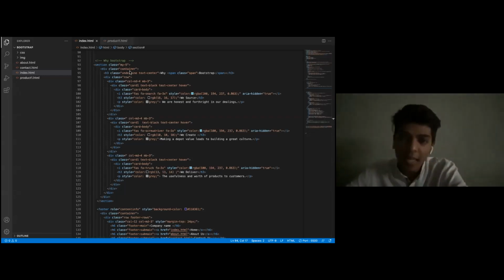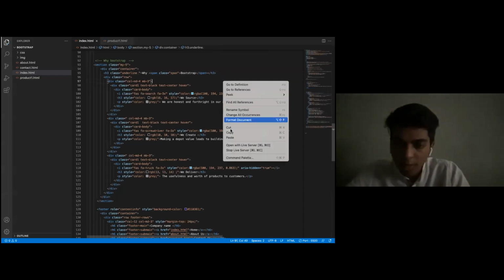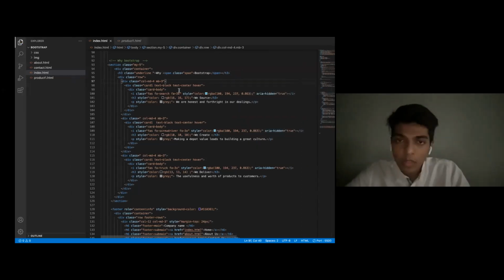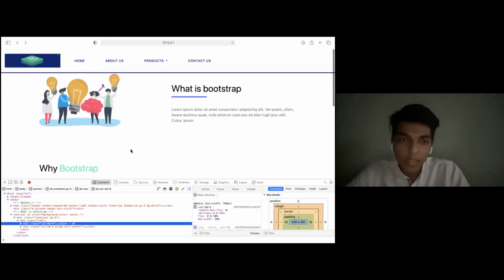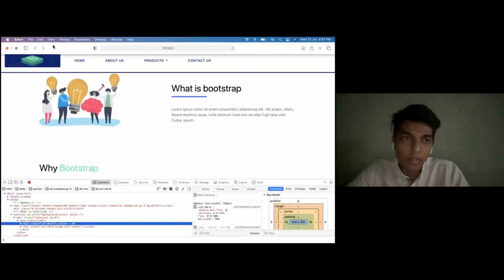Then I use a container so that I can have everything in the middle and I get the necessary padding for my classes. Then I use a class of underline and text-center. What text-center does is that H3 doesn't have a class by default, so I have to tell the text to be in the center. So I use text-center. Let me remove text-center for once, save it up, and we'll see what happens. Okay, I'll just reload the website once again.